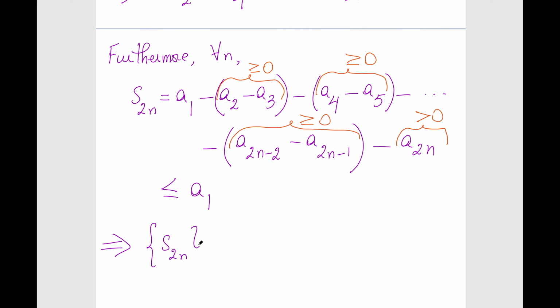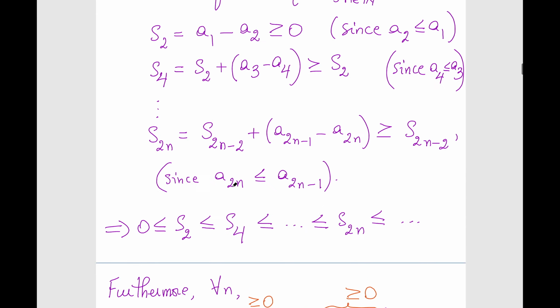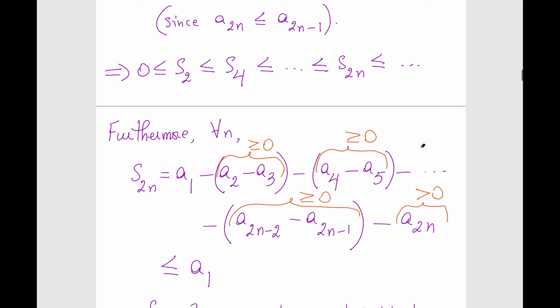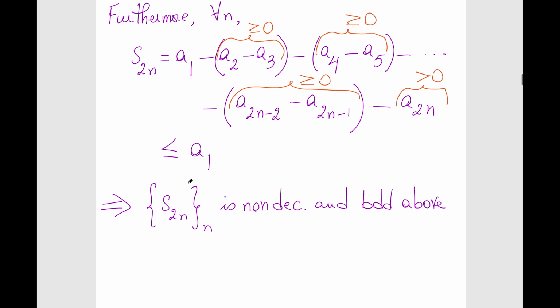S2n is non-decreasing and bounded above by A1. Look, it's bounded above by A1, right? Look, this is A1, it's right there. So all these terms are certainly bounded above by A1. This is not news in some sense. But the idea is that it's non-decreasing and bounded above, and then by